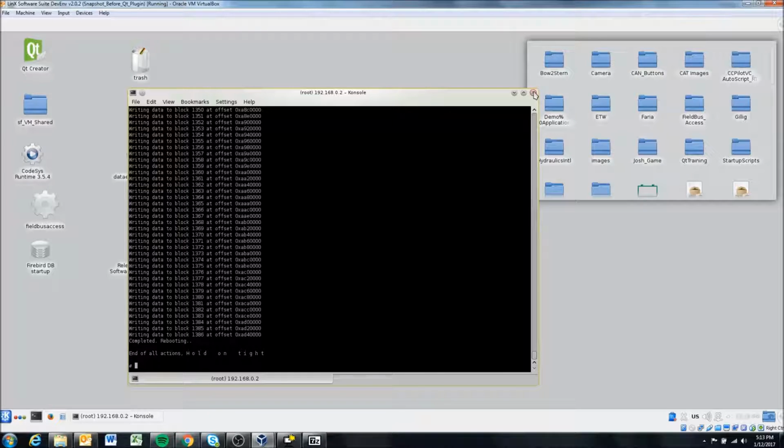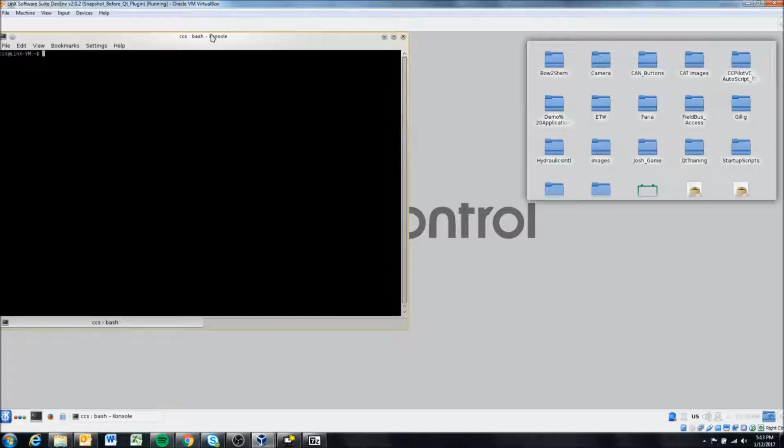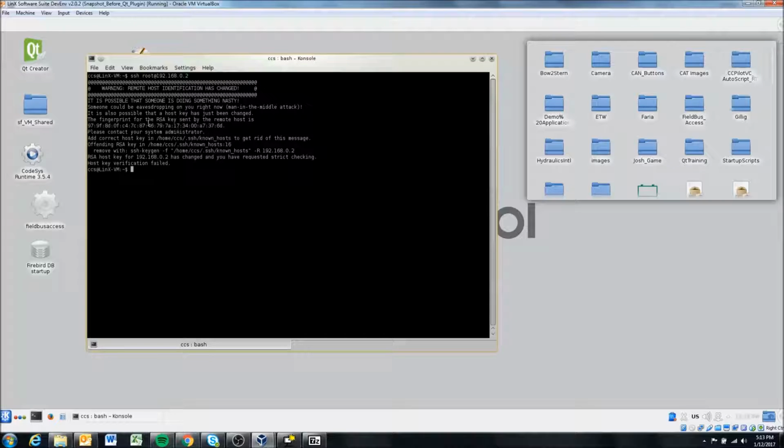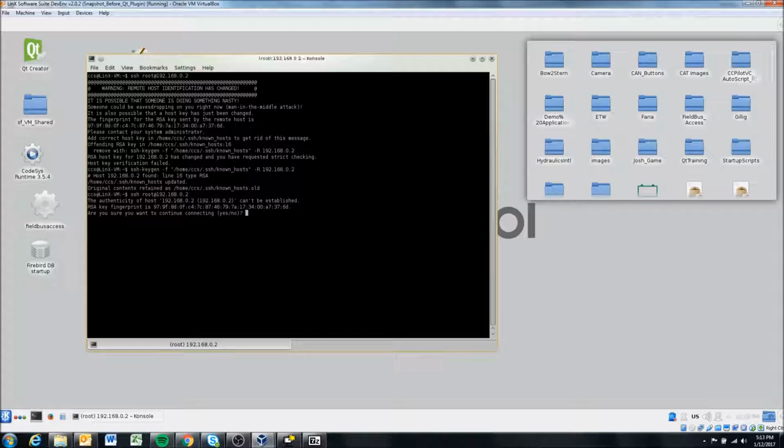Okay, so let's go ahead and check that it worked. We can exit out of that for simplicity and log back in. Now we're in the main operating system again. The RSA key has changed again, so we're just going to do this one more time. Erase and connect again. So SUSE root. And then we're going to type cc settings console version. And you'll see now we have OS version